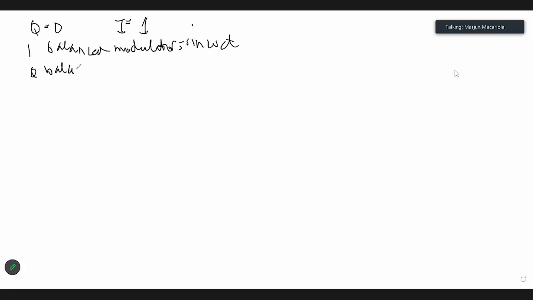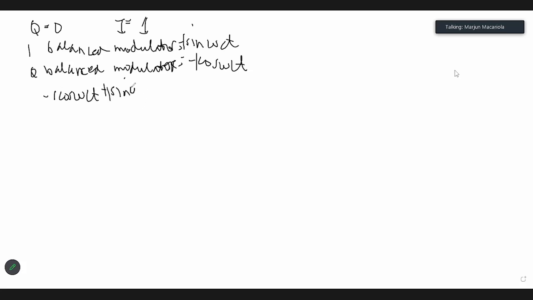Q balanced modulator is equal to negative cosine omega ct. At ang kanilang linear summer output, nalagay ko, nakalimutan yung 1. Don't forget yung 1. So linear summer output will be equal to negative 1 cosine omega ct plus